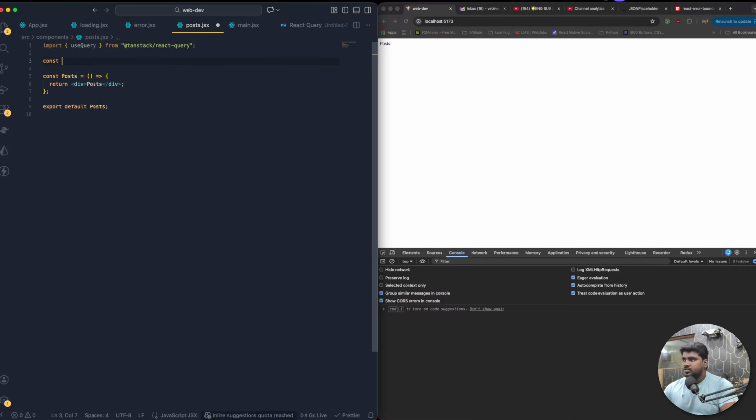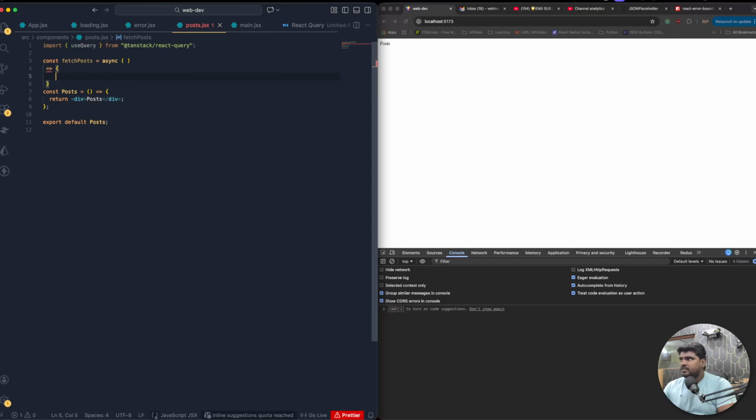So const fetchPost. Either you can keep that function over here or keep that function somewhere else inside the library file and put it inside. Okay, for better understanding, let me keep it right now over here, but in real production level you should keep it in a separate file and handle all those things separately. Okay, just for understanding, fetchPost is equal to, I'm going to create an asynchronous function,